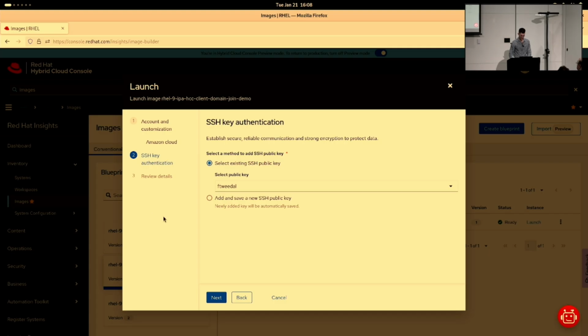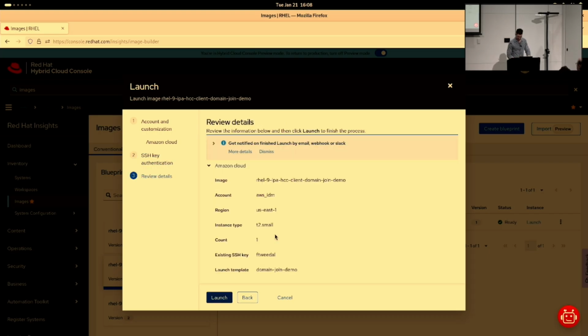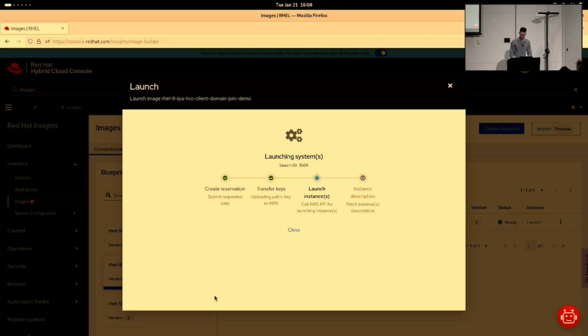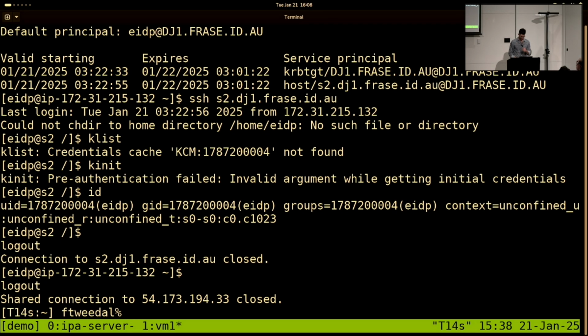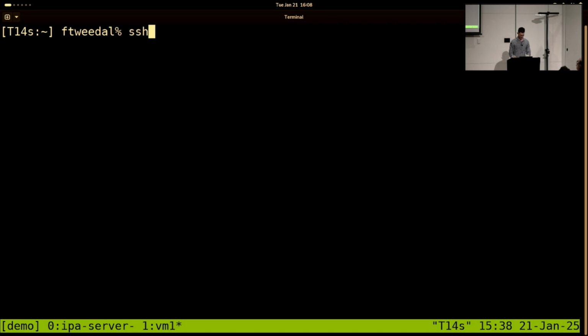Now we'll select an SSH public key. However, this step is only necessary because the launch feature doesn't know about our feature yet, and so we're not actually going to connect to it using SSH, but we cannot skip this step, so we'll give it an SSH key. Okay, that's it. We'll launch the machine. In a moment the machine will have been created, and what we'll do is we'll copy the IP address